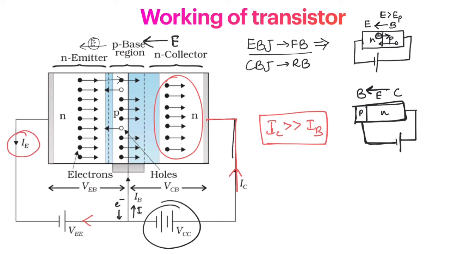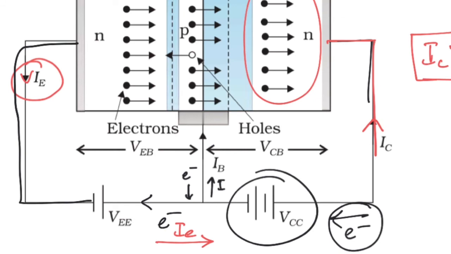Basically, this is the emitter current IE we are getting because of these electrons which are coming from the base as well as the collector, right? So you see here, the electrons which are coming in this way from the base as well as from the collector, they will enter into the VEE and they will move back into the emitter. So this motion of electrons is in this way, so the emitter current will be in this way, IE, right? This is the emitter current, or you can say the IE current, which is dividing into IB as well as IC,